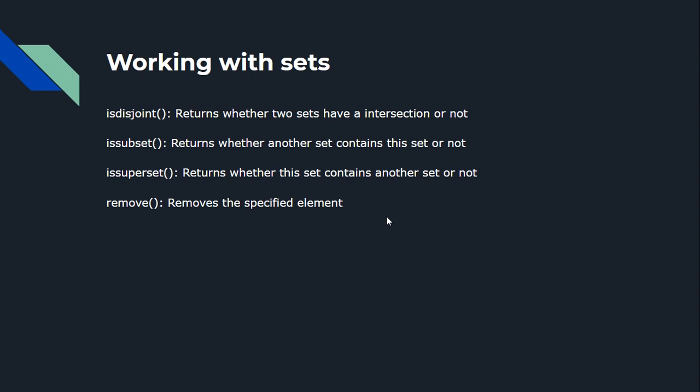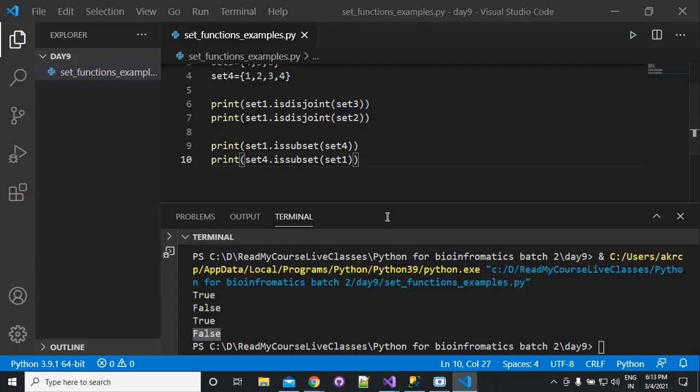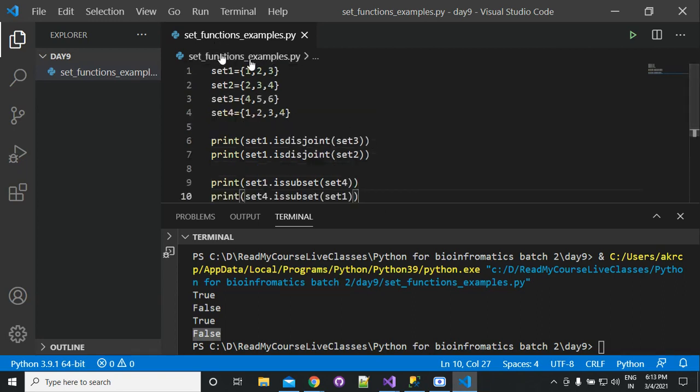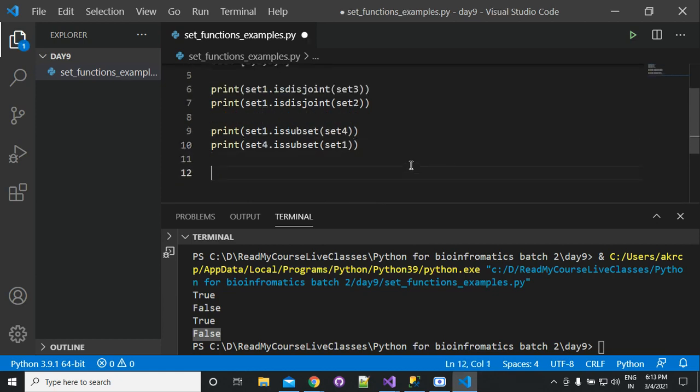Next is the remove method. Remove does what? It removes the specified element. So suppose that you want to remove some element from the set, then you can remove it by using the remove function. Suppose that from set 1 we want to remove 3, then we can simply write here set 1 dot remove 3.